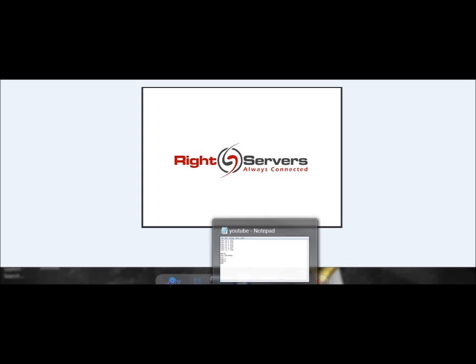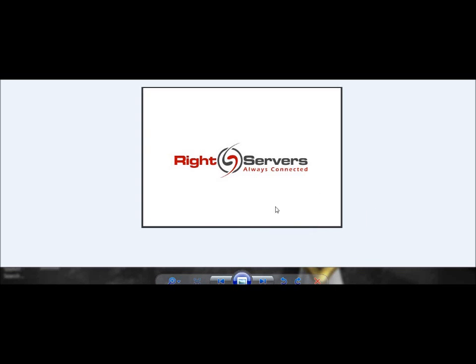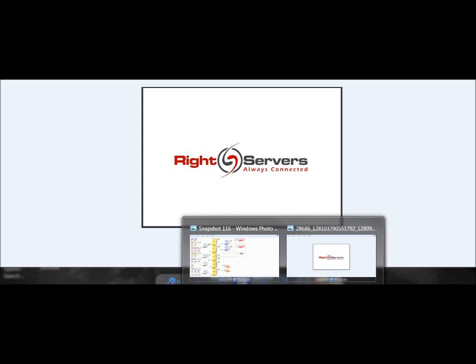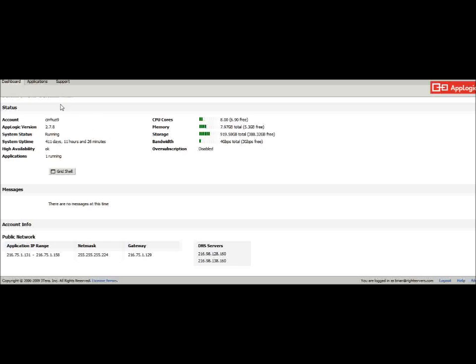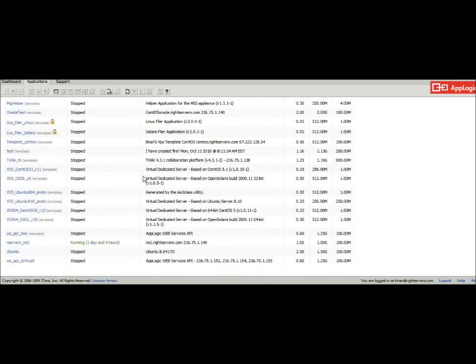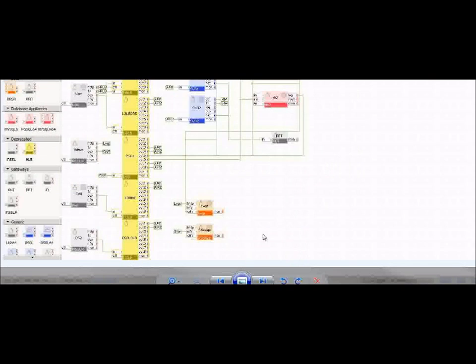Alright, this is Brian from RightServers.com, and we're going to go through a little multi-part demo here. Eventually what we're going to do is start out with a completely blank application. We'll have to create it in a minute. And eventually what we'll end up with, hopefully, will be something that looks like this, which is simply two servers,